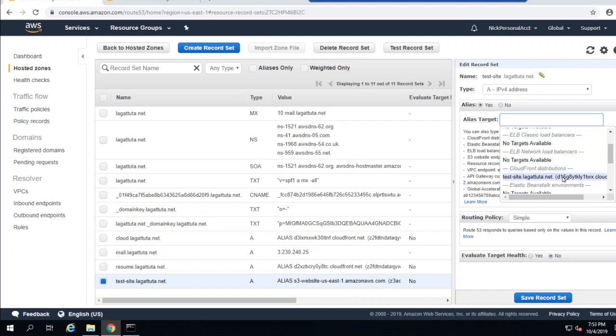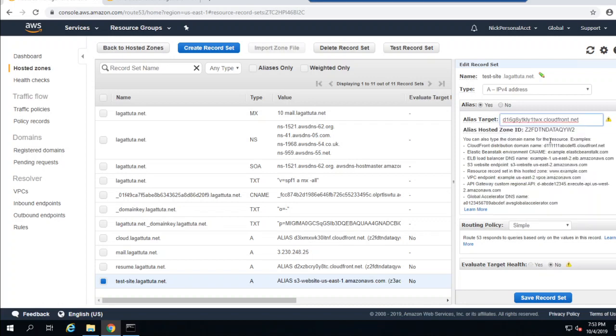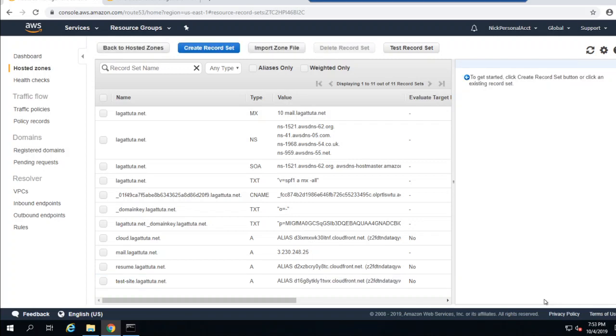There it is. Cloudfront distribution, testsite.legatura.net. Choose that, save record set, and then your site will resolve over the Cloudfront distribution rather than the S3